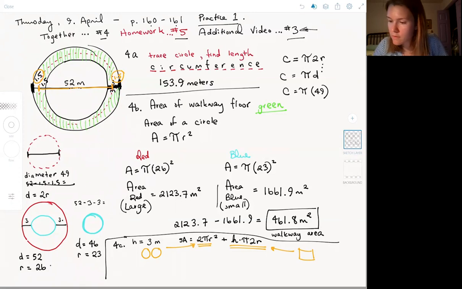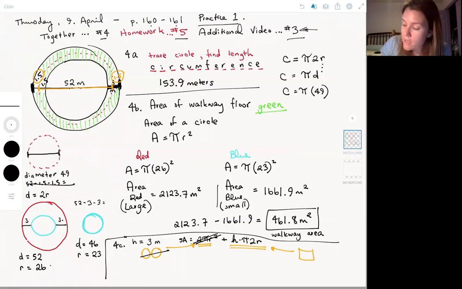Actually, I do not need this because I don't have a top and bottom circle that I'm looking for. So I just want this for my inside and my outside circle. So when I'm looking at this equation here,